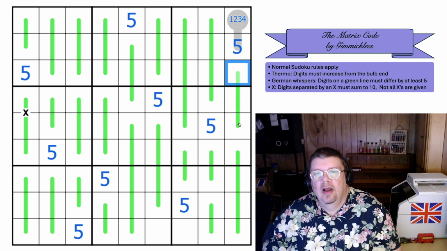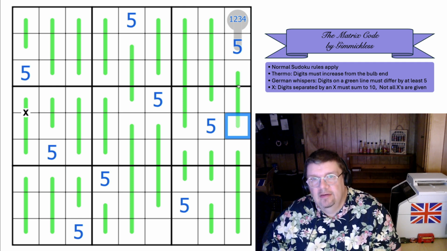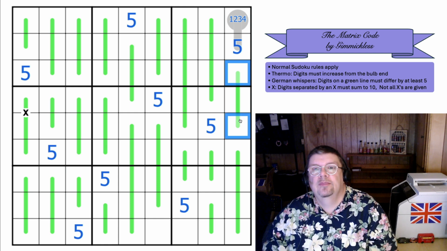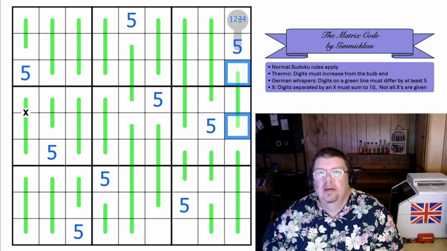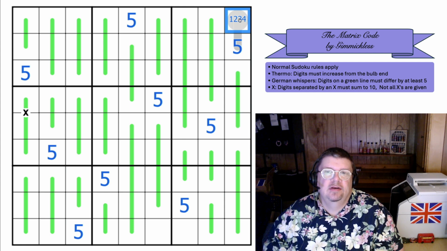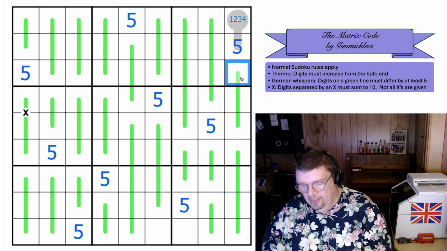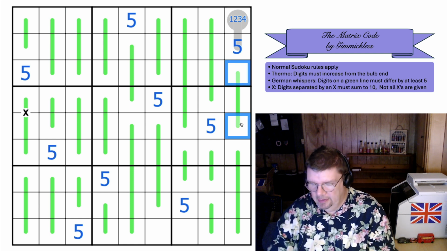If these were 2 low digits here, these were 2 low digits, then that would be 1, 2, 3, 4 for this segment, and then that would be a 5th low digit in the box, in the column, which it cannot be. So these 2 must be high,